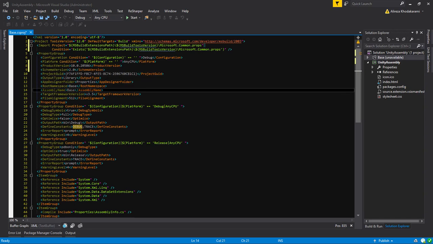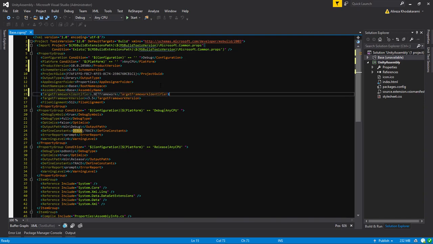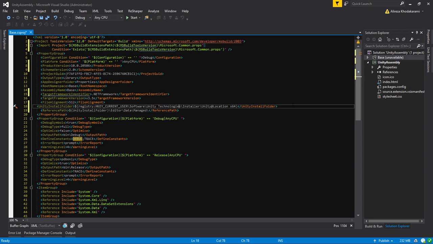Then before version, we have target framework identifier. That is .NET Framework. And then we need to add our local variables after this guy, and that's this. So what I'm doing here, I'm defining a Unity installer folder variable with $registry. So we are going inside registry current user software Unity Technologies installer Unity, and then we get this